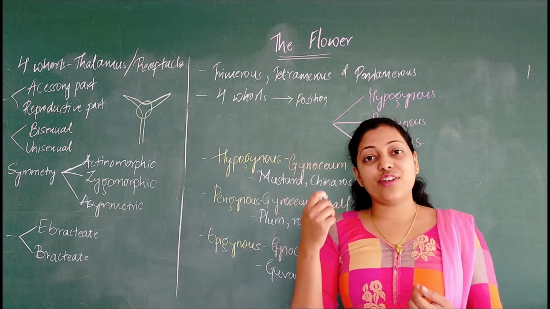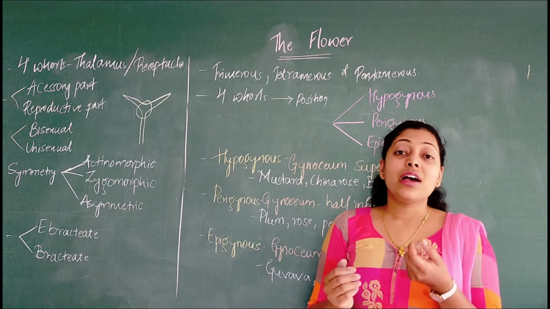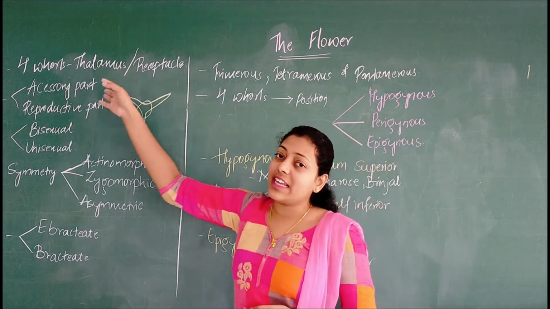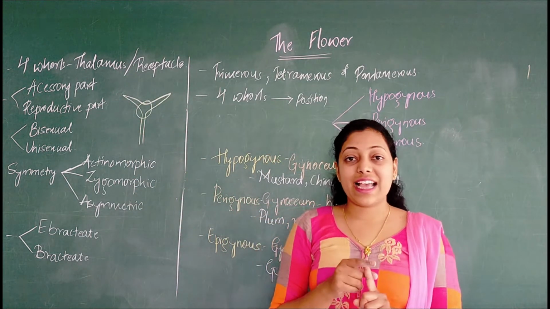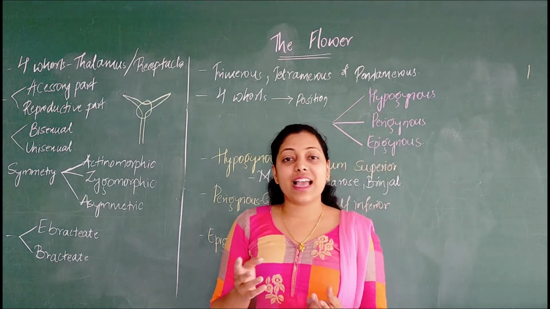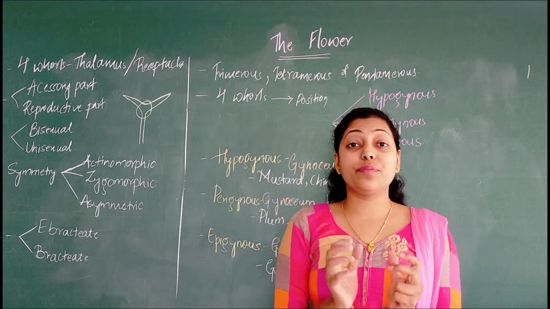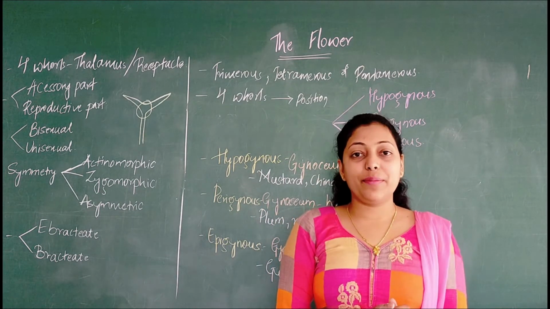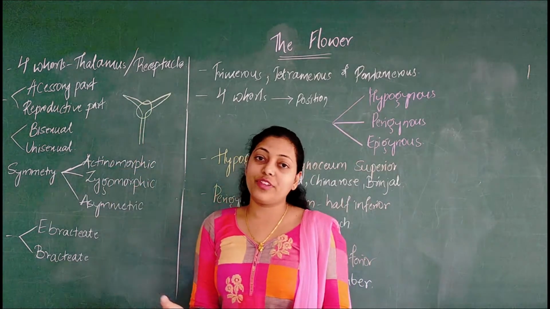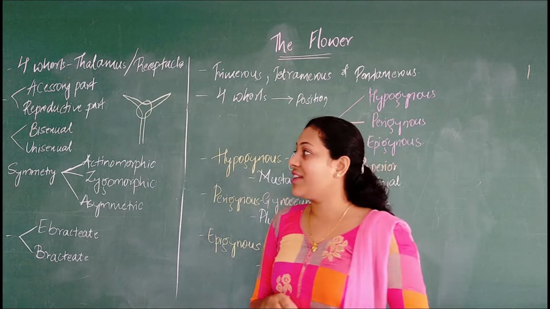I request you all to take a flower in hand, sit and study how the calyx looks, how the corolla looks, how the androecium and gynoecium look. When we take a flower, we find 2 different parts: one is accessory and the other is reproductive. We know that the accessory parts are calyx and corolla. Accessory means it is a must, it is required, and it is called accessory because of protection. And then the reproductive parts, obviously, are the androecium and gynoecium.